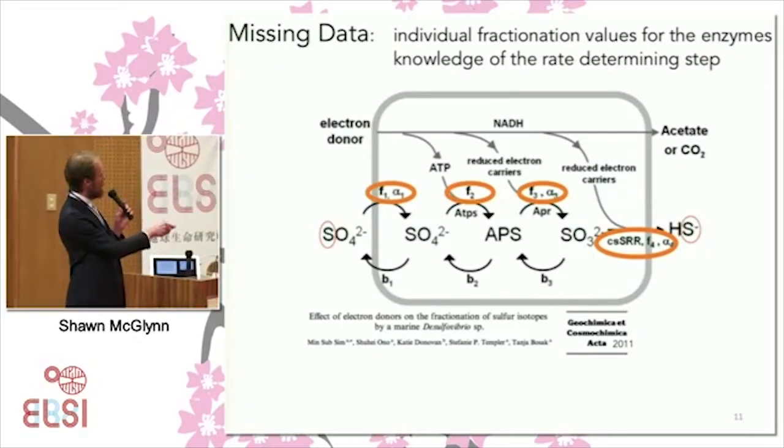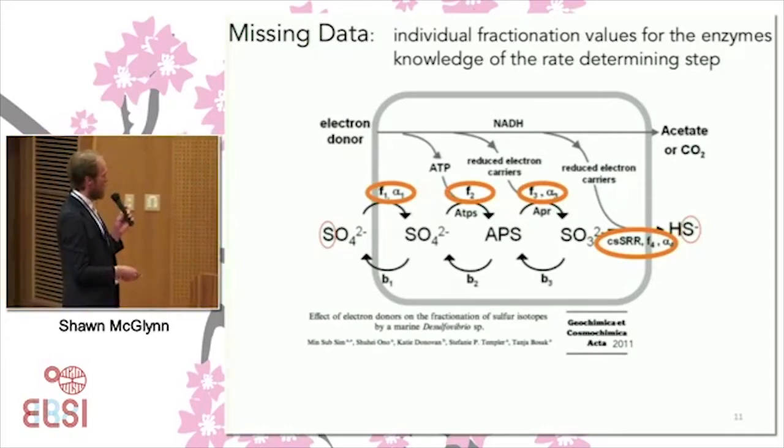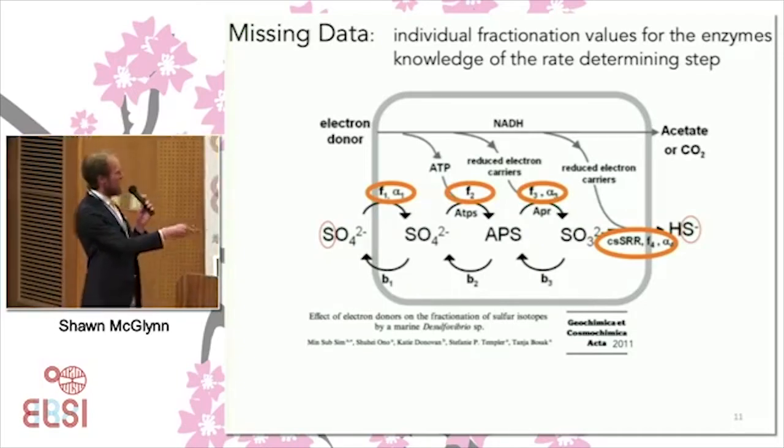Here's a cell that's doing microbial sulfate reduction, and they broke the process apart and put those components into their model, which is relying on knowledge of rate and isotope fractionation to say when sulfate is imported into the cell, there might be a fractionation that occurs. And then here's our activation step. This is to get rid of this kinetic problem. Here's this third step, the first 2-electron reduction of the sulfur atom. And then there's this final step, the 6-electron reduction.